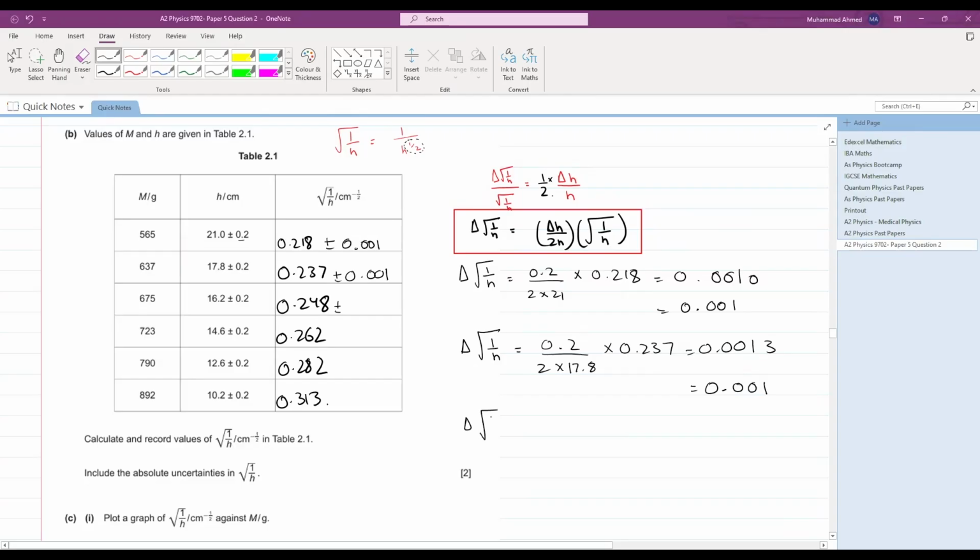Absolute uncertainty in 1 over h is equal to what? It is equal to 0.2 divided by 2 into 16.2 into 0.248. Can you calculate this answer? Yeah, very easy. 0.248 goes in the numerator and divide it by 2 multiplied by 16.2. This gives you an answer of